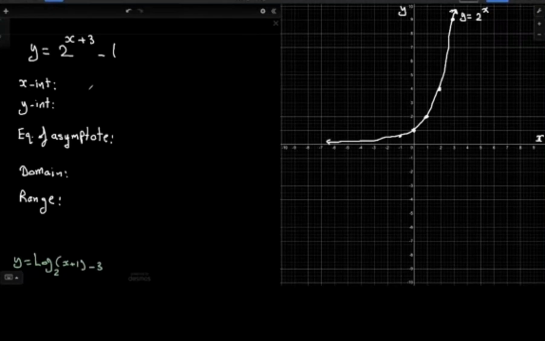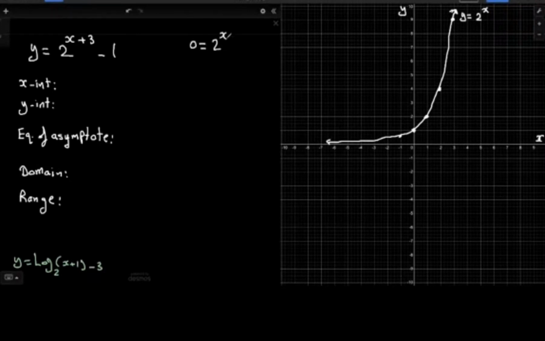Now, I'm going to find the x-intercept first, and then the y-intercept, and then the equation of the asymptote. And after we graph it, we're going to tell what the domain and range is. So here, for the x-intercept, all you need to do is make y 0. So I'm just going to do this on the side here. So if you make y 0